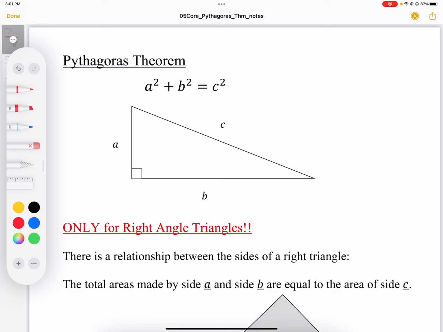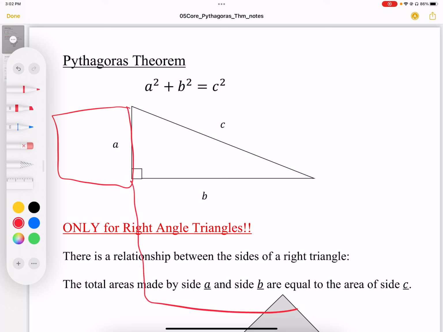The Pythagoras theorem is a squared plus b squared equals c squared. What that means is we're talking about the square areas, so we're not talking about edge length. A plus b is not equal to c. Okay, that's impossible. But what we know is that this square here